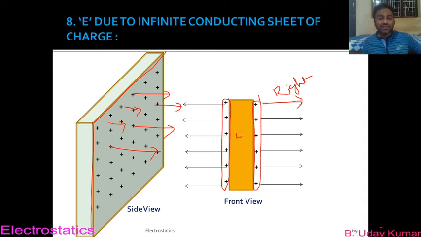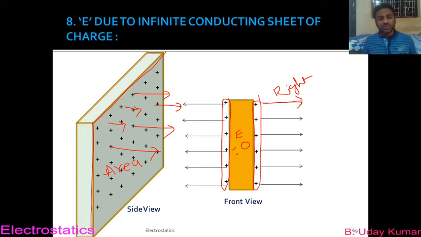And inside this sheet, you know that E is always 0. Why? Because you know that inside the conductor the electric field intensity will be 0. So that you try to get it here. And one more thing is that, as from the diagram itself you can easily see, whatever the charge that is given to this system is distributed uniformly on its area, right? Since the charge is distributed on its area, this system of charge will be an example for surface charge distribution, okay, surface